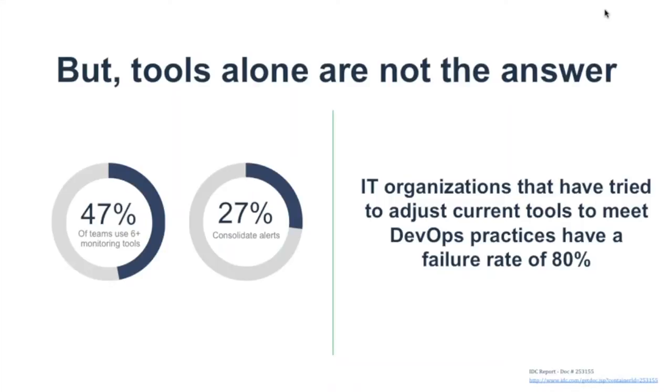I think the reality is that there continues to be this kind of fragmentation and many people using many tools, and it's surprising in some ways that not as many customers, only 27%, are actually doing some consolidation of these alerts and getting them into a place where you can globally or centrally understand what's going on in the system. And I think, again, what we found is that the tools are great for